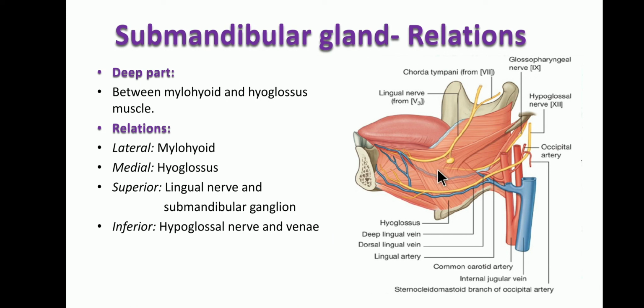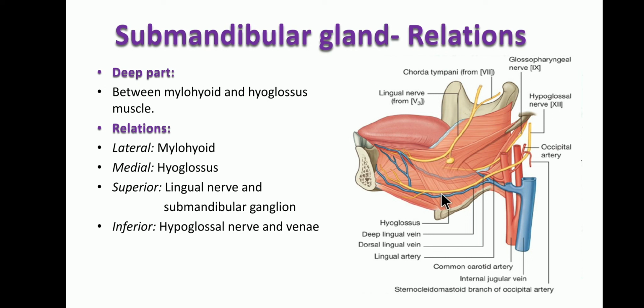So now the gland is removed. Here you will see the deep part of the gland. It was resting on the hyoglossus muscle. Above it is related to the lingual nerve and the submandibular ganglion. Below it is related to the